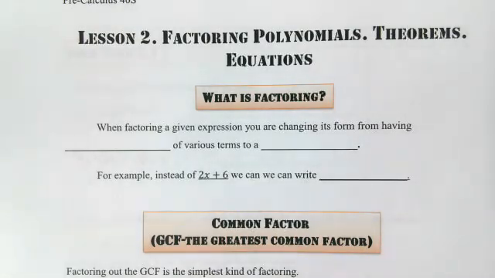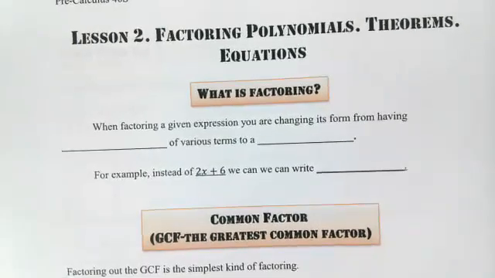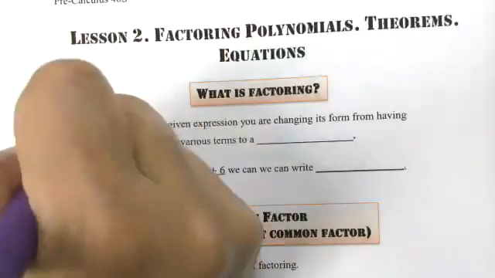But in the end, you have two chunks that are multiplied that are not monomials. They're not just the powers that multiply, because that in the end is just going to be another kind of monomial. So you're changing its form from having additions and subtractions